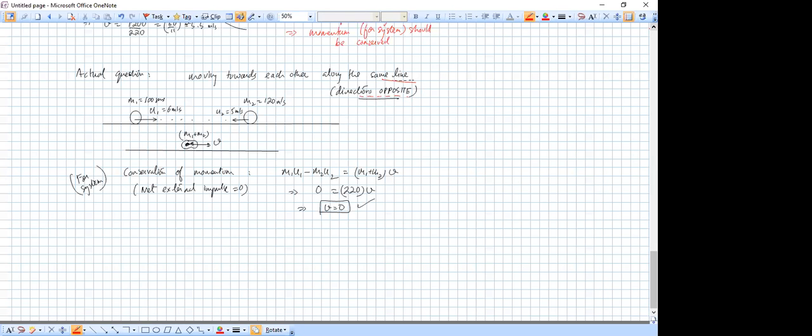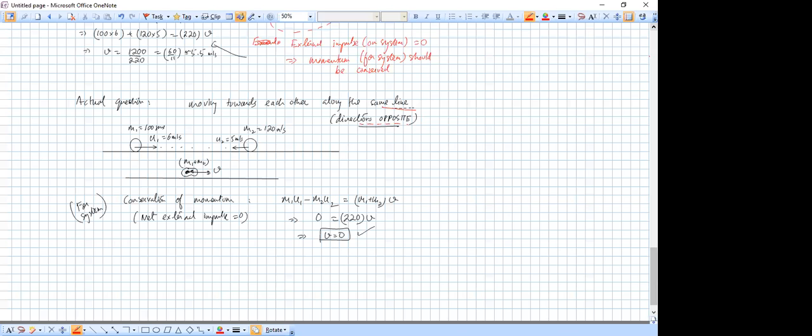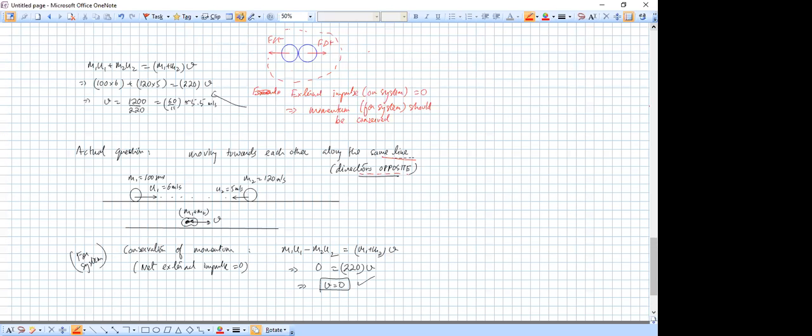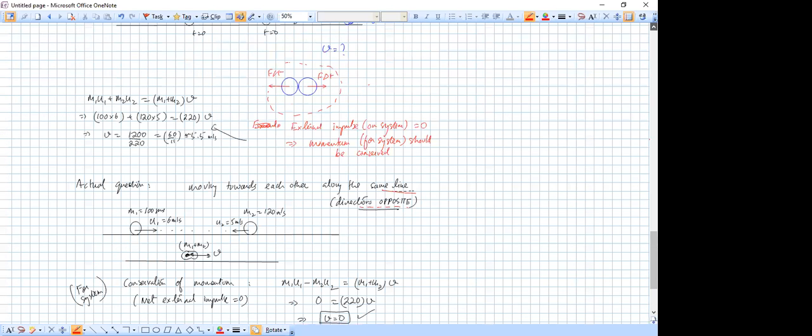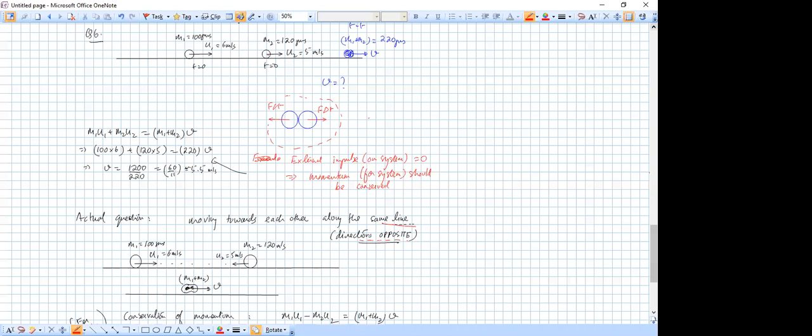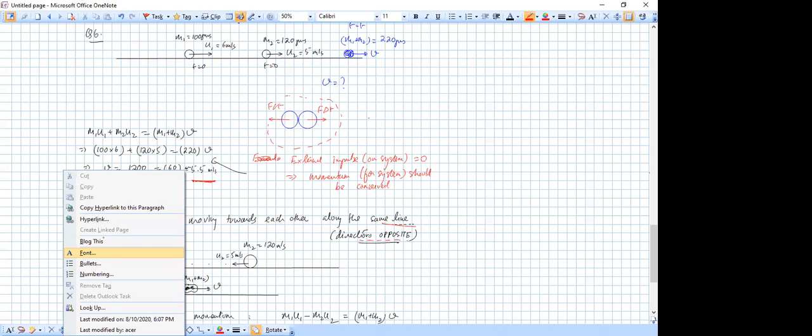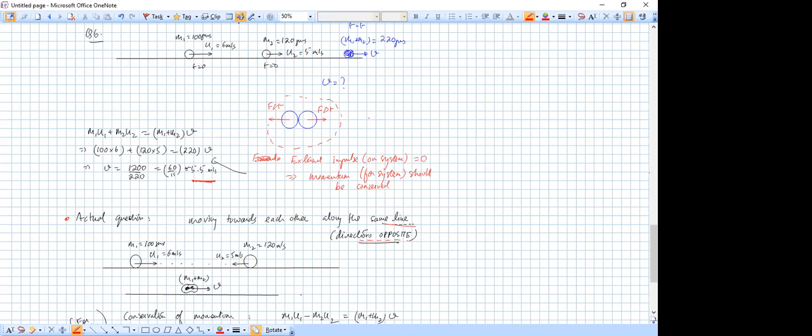Okay. So you can think of this question like two versions. Suppose they are moving along the same direction, such that M2 is actually going away from M1, but M1 is approaching it at a faster rate. So they are eventually going to collide. In that case, your final velocity should have come out to be this value. Whereas if you assume that they're moving in opposite directions directly towards each other along the same line, then your final velocity will become zero.